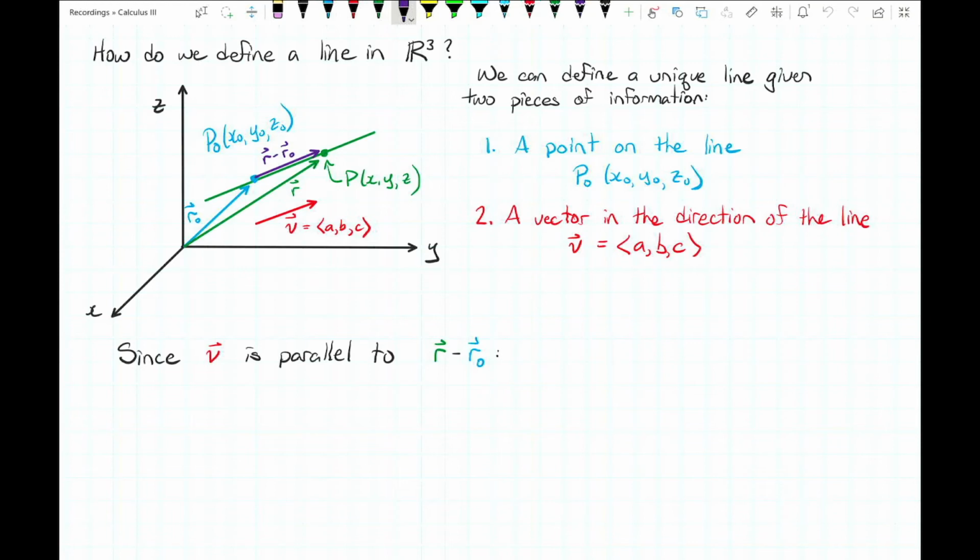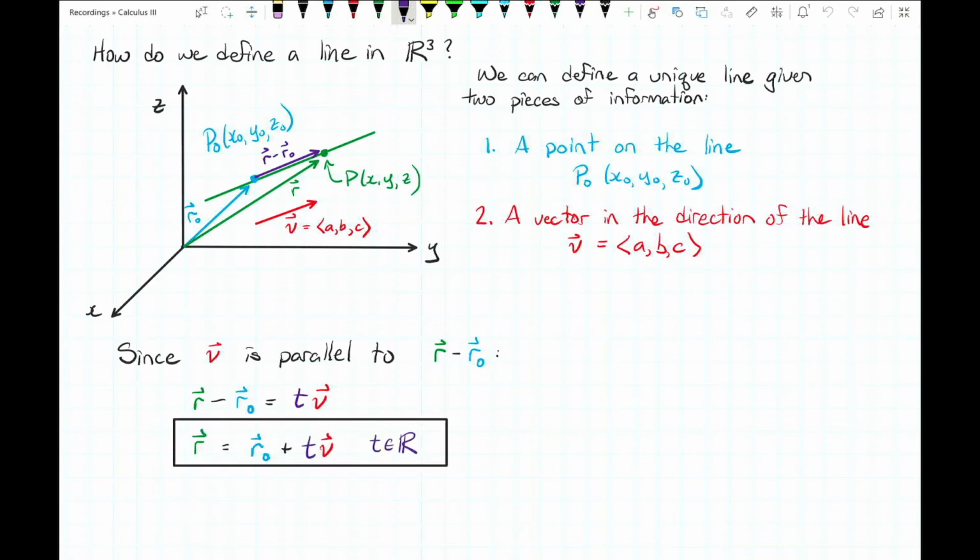Since v is parallel to r minus r naught, that means that r minus r naught is a scalar multiple of v. Now, this is going to look a little bit strange, but we're going to let t be that scalar multiple. r minus r naught equals t times v. With this, we can rearrange the equation a little easier than with the plane. r, being the position vector of any arbitrary point on the line, seems like the best thing to solve for here. This would give us the equation r equals r naught plus t times v,